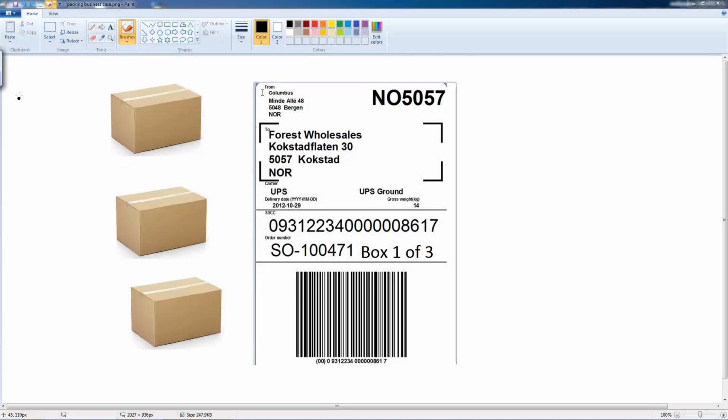Now let's have a look how we would use the packing in real life. So let's say for one ship to, I have two deliveries. For this one ship to, I have delivery number 1, and in this delivery I have two items. So item A and item B. Then again I have another delivery, let's say delivery number 2,